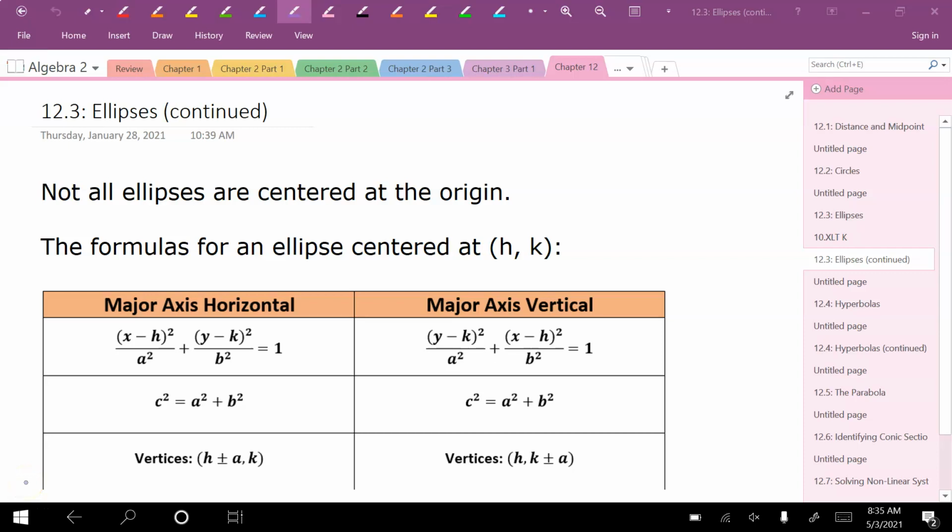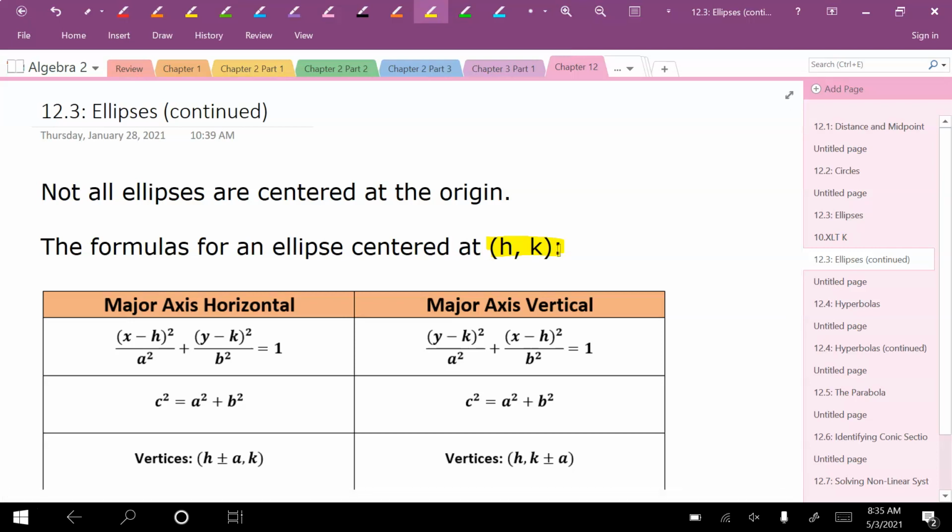So for the second half of this section about ellipses, we're going to focus on the ones now that aren't centered at 0, 0. So the last section, you had just your x squared over a number, y squared over a number. If they're not centered at the origin, so they're not at 0, 0 anymore, they're centered very similar to circles. It's represented by h, comma, k,